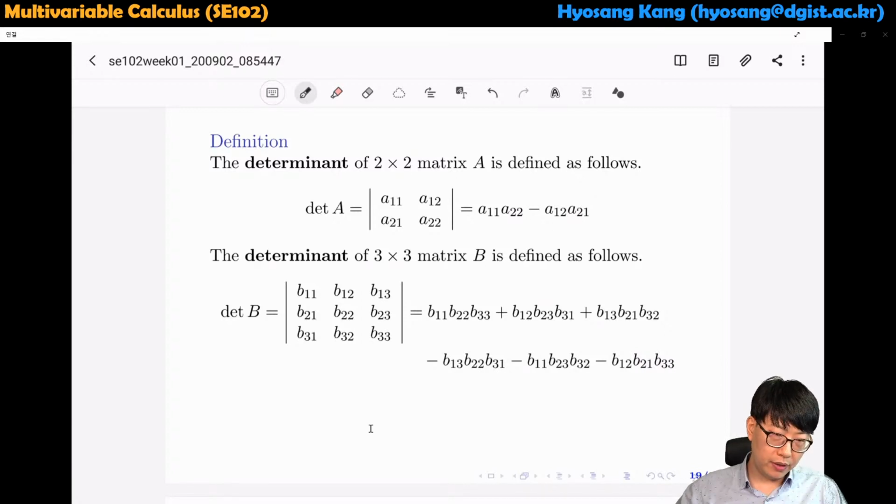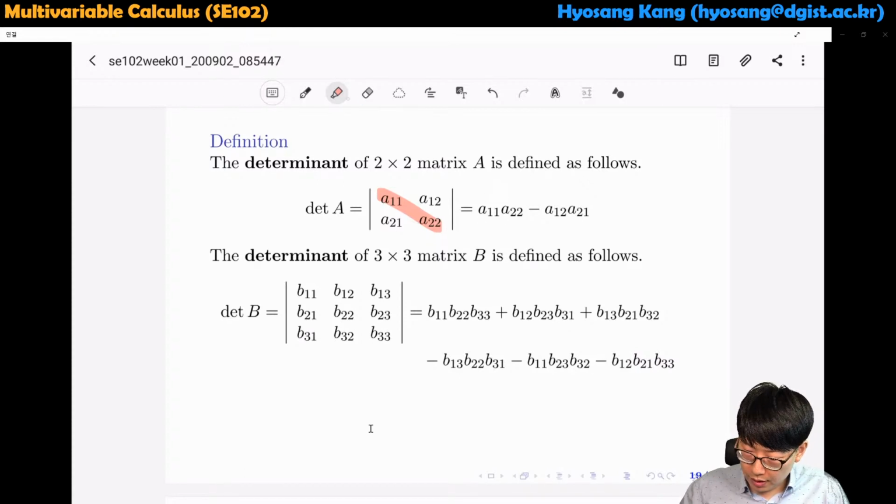When you have two fundamental solutions, you want to check whether these are a fundamental set of solutions or not. You need to compute the determinant of 2x2 matrices or 3x3 matrices. You probably memorized this, but let me restate it again. If you have a 2x2 matrix, then the determinant is given by multiplying the diagonal entries